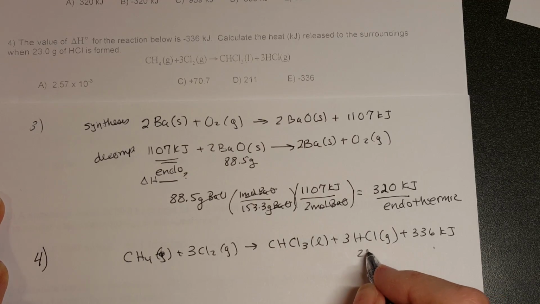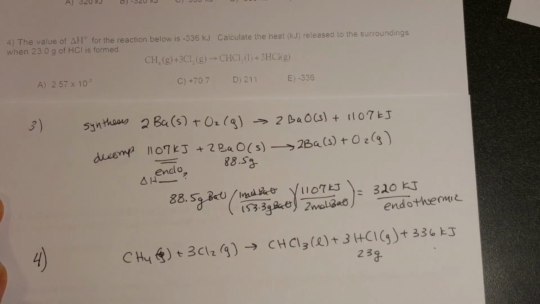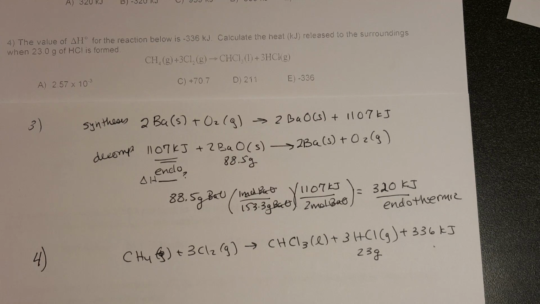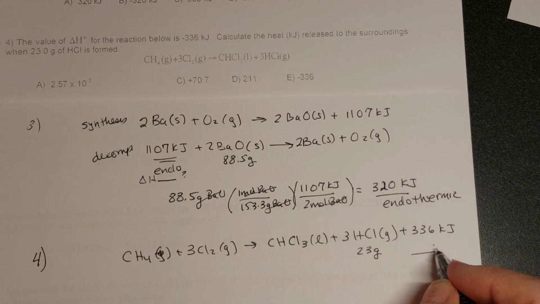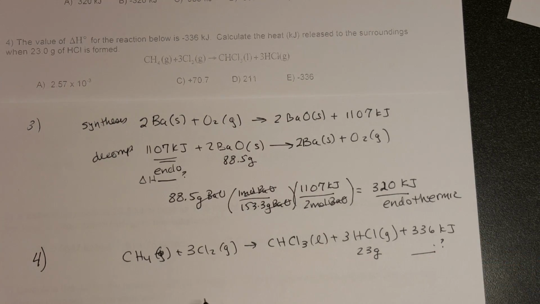Calculate the heat released when 23 grams of HCl are formed. And so again, this is a stoichiometry. We want to know this. So 23 grams of HCl times 1 mole of HCl for every 36.46 grams of HCl times negative